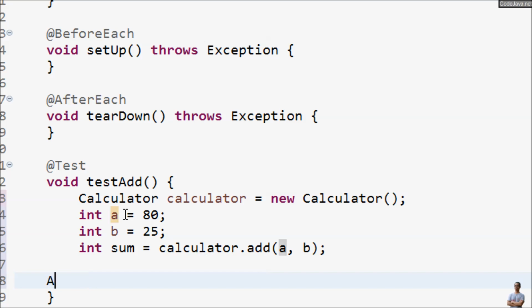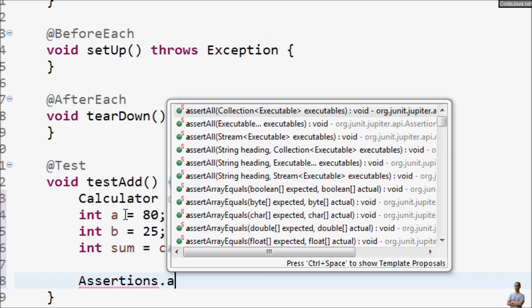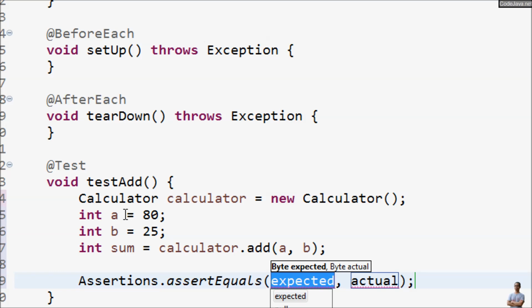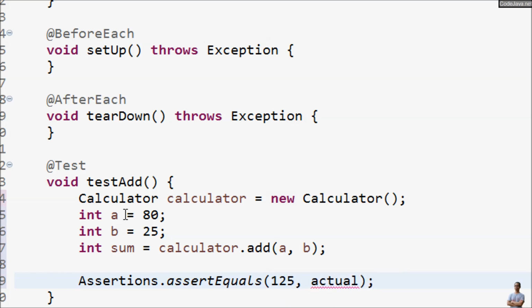And we use the assertion assertEquals. Here, expected is 125 and actual value is the sum variable,